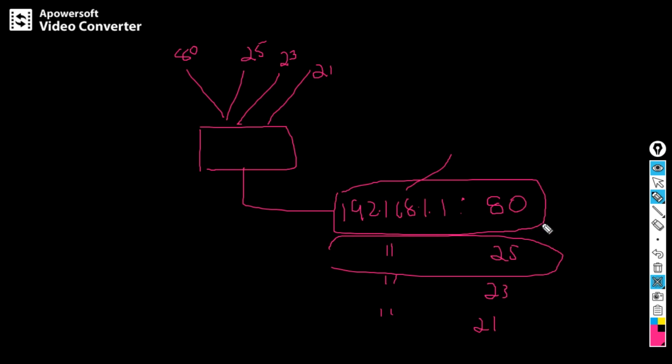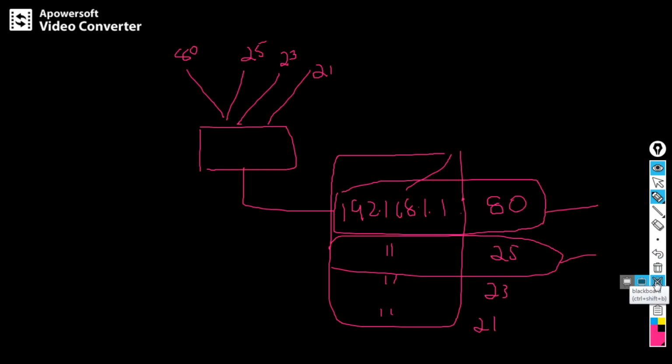It works like this. See, when you see this is unique, this is unique. But if you see this part itself, this is common here. But if you see the entire thing, this is unique. This is a unique identity. In this way, it is possible to use multiple processes on our transport layer. Clear?